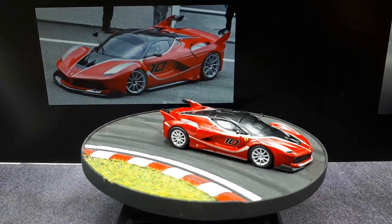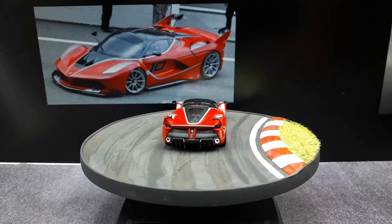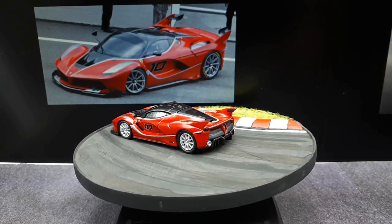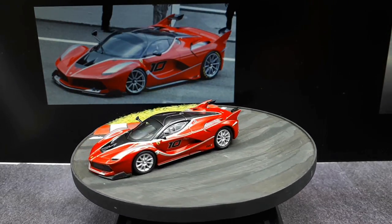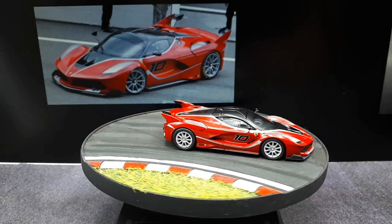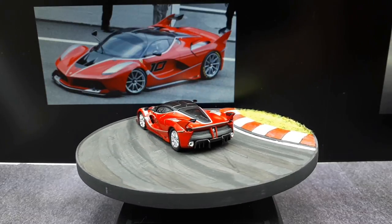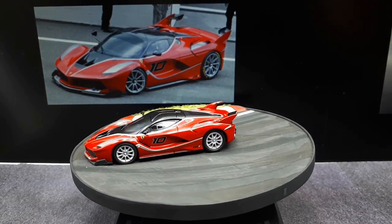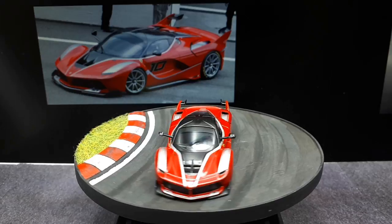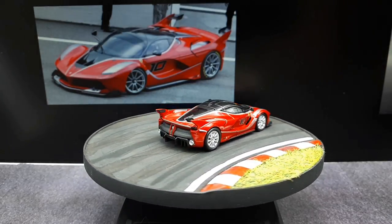So definitely a cool model. You'll have to go on eBay yourself and decide if it's worth it to you. Probably not. But I had to finish the collection off, and now I don't have to worry about this again, at least until Kyosho makes like the Evolution version of this. Ferrari did make an Evo version of this FXX-K. So it wouldn't surprise me if Kyosho makes a model of that someday, and then I'll have to pay even more money for that, but that's just how the hobby